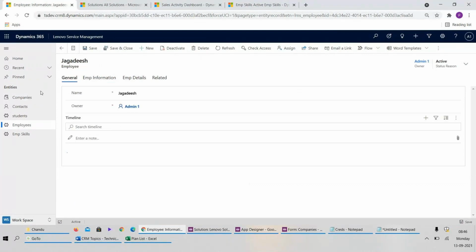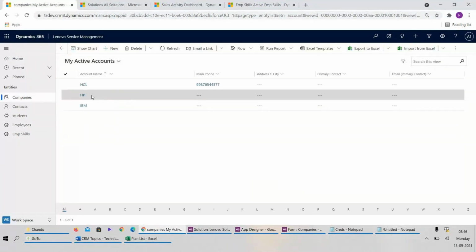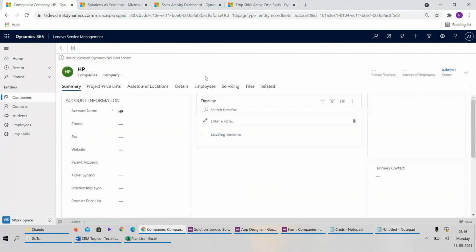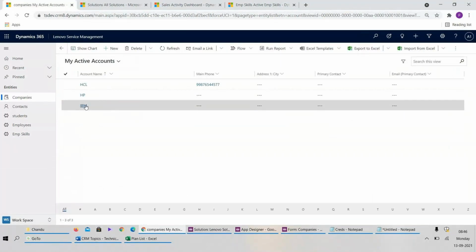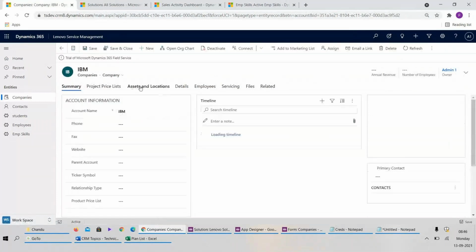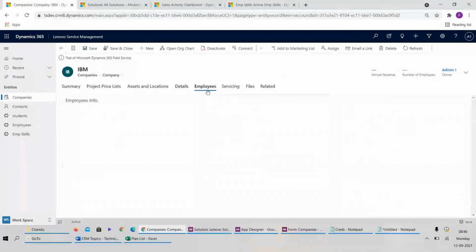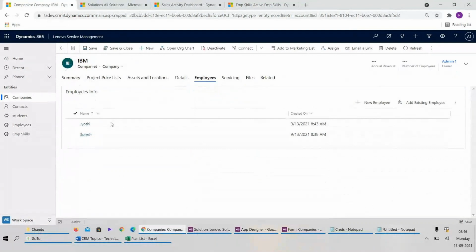Or else, if you want to see under HP companies, how many employees are there? Under HP company, there are 2 employees. One is Jagdish and second is Rama. And if you click on again company IBM, Suresh and Jyoti belonging to the IBM company. So this is how a relationship we need to create,